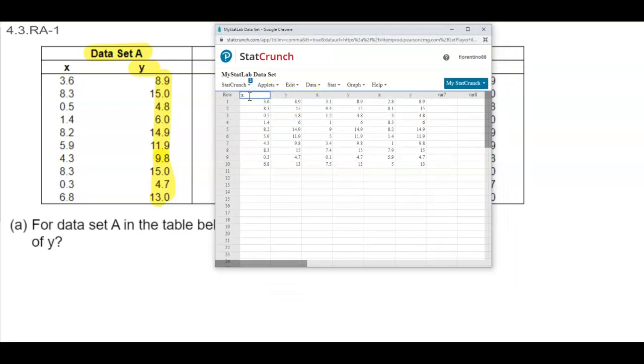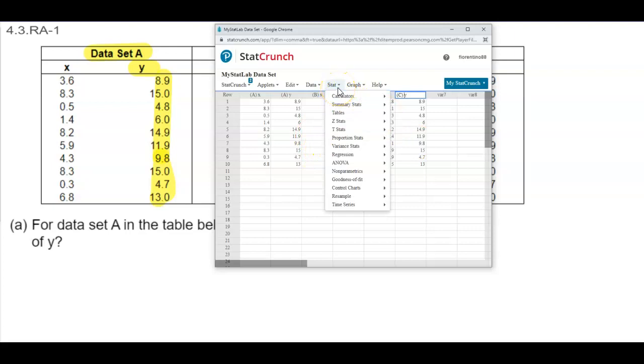So if we wanted to, we can say this is data set A, just so that we know this is the data set that we're working with. We know that the second one is B. If we want to, we can change the title to that as well, and keep the variable so we know which ones those are. And then this is C. All this does is help us when we're finding out what the summary stats are for the